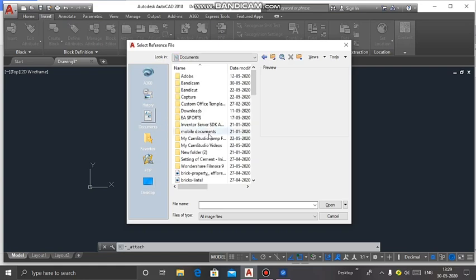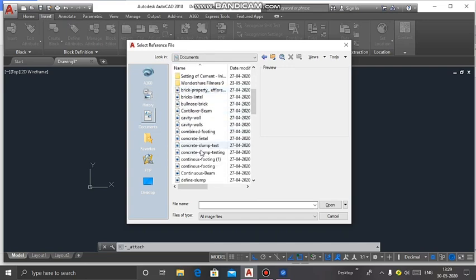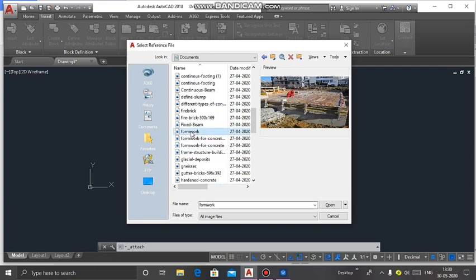I want to choose from documents. I will choose the types of formwork image. Now open.